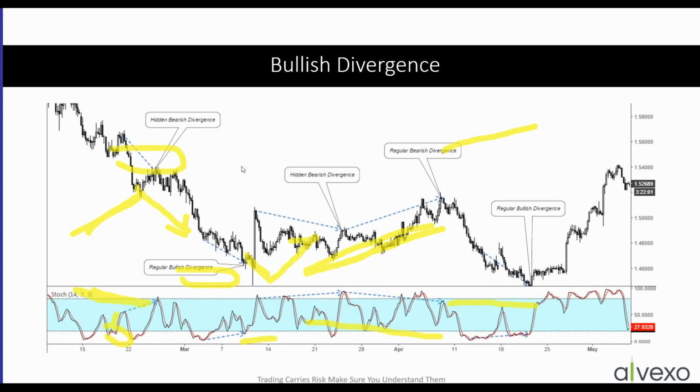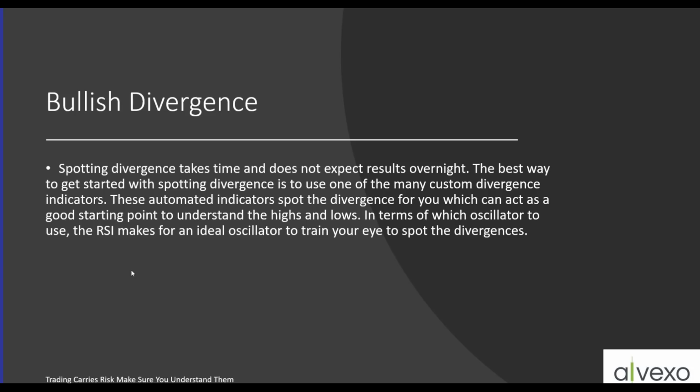And if we come over to this chart, again, can you spot it? I've got them all set up for you, but they're easy to spot. But if you notice, I didn't tell you anything about the relative value of the indicator below, and I barely mentioned what indicator it is, because it doesn't make a difference which indicator you're using. Later, we're going to talk about some strategies using RSI and MACD, because they are two popular indicators that work very well with divergence, but those are specific strategies for those indicators.